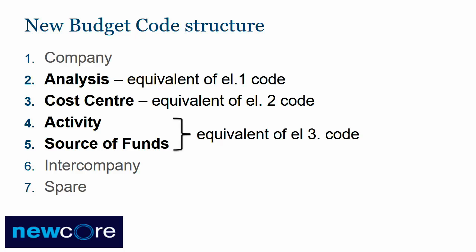Your finance business partners have been involved in remapping the old values, element 1, 2, and 3, into these new values, and obviously projects will have their own POET code. So it is a shift. It is something that you may need to speak to them about and ask the question, what are my new codes going to look like, what am I selecting? But the practical application, if I come out of this,